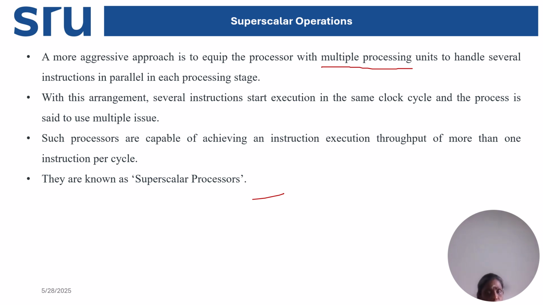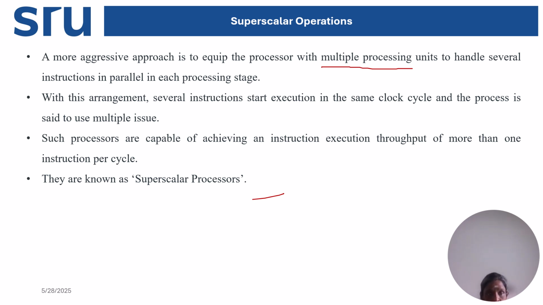At a time means this will happen during only one clock cycle. So only one clock cycle, multiple processing elements, multiple instructions, so that multiple tasks are executed and completed during only one